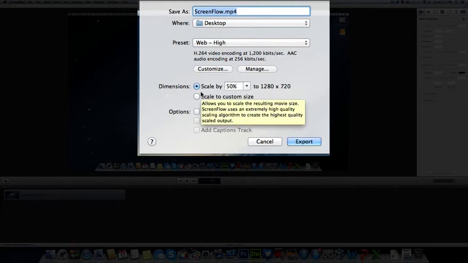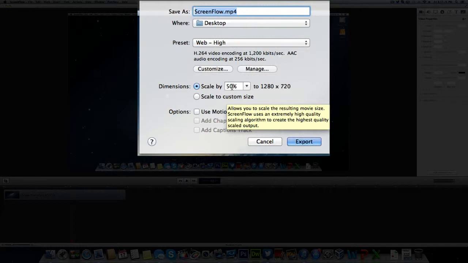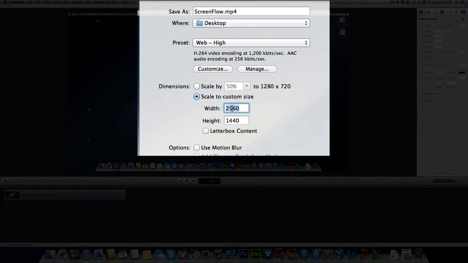This is where it gets important. To have it in either HD 720p or 1080p, you need to follow this step. It's going to say scale by 50%, 1280 by 720. I found that this actually wasn't that right. It didn't look right to me for some reason. So what I did is I scaled a custom size, and I actually typed in